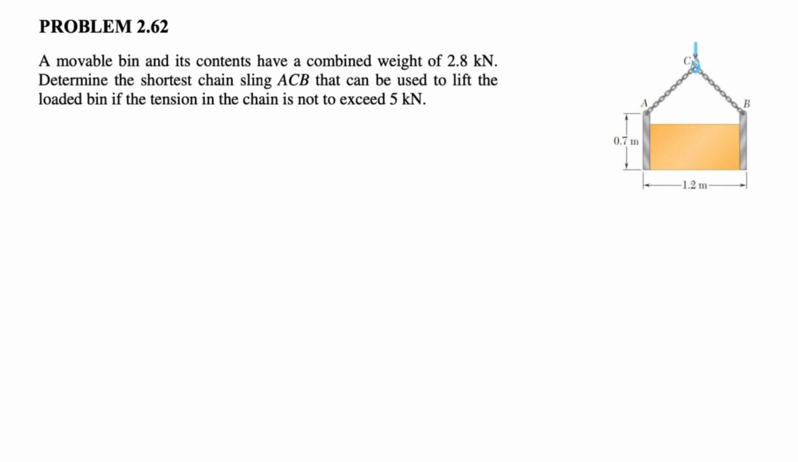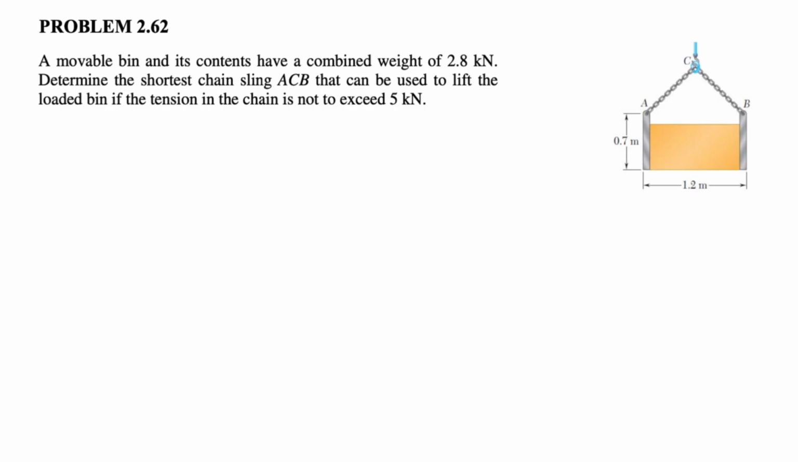Hey guys, let's see how we can solve question 62 from the second chapter of the Beer & Johnston textbook. We have this movable bin and its contents that have a combined weight of 2.8 kilonewtons. We need to determine the shortest chain sling ACB that can be used to lift the loaded bin if the tension in the chain is not to exceed 5